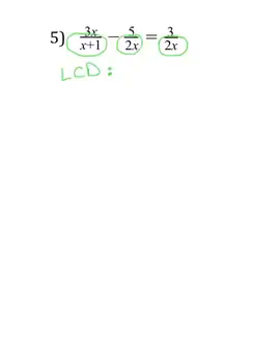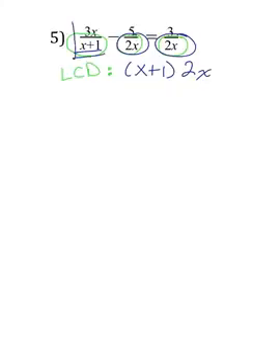Because I have more than one fraction on each side, I need to find that LCD. This denominator has an x plus 1, so the LCD needs an x plus 1. This one has a 2x, the LCD needs a 2x. That also has a 2x, the LCD has a 2x, we're totally fine with that. I'm going to now multiply each part of this equation by that LCD and just kind of figure out what